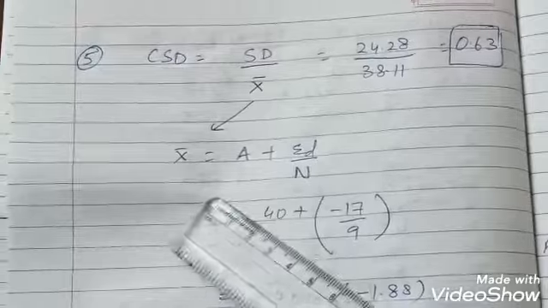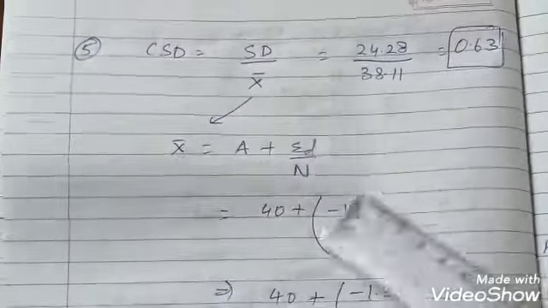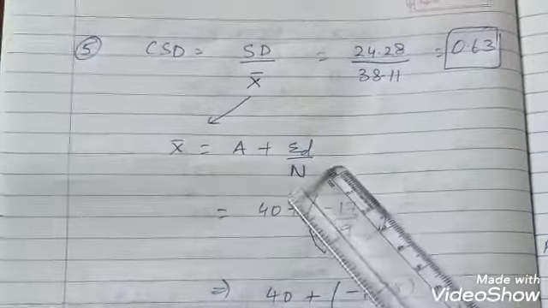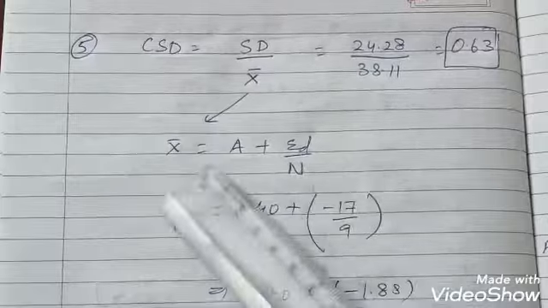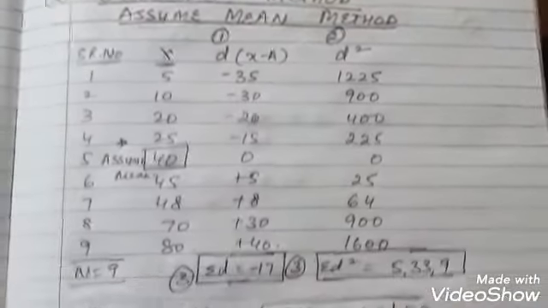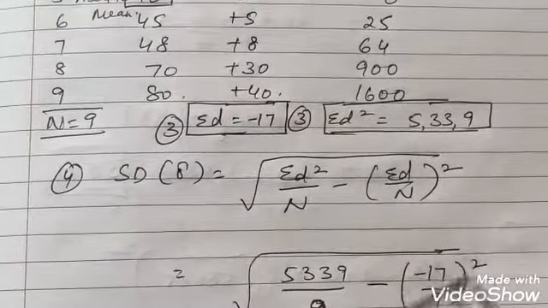हमारे पास तो assume mean है 40. तो याद है हमने arithmetic mean किया. So we will use this formula. But don't think this formula is अभी नए तरीके से करना, it's very complicated. No, it's very simple. You have your assume mean 40. Sigma d upon n is already available to you here. I'll show you. It's already available to you here. That is minus 17 upon 9.